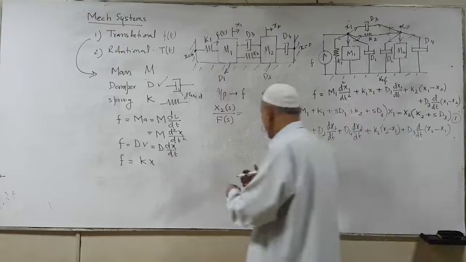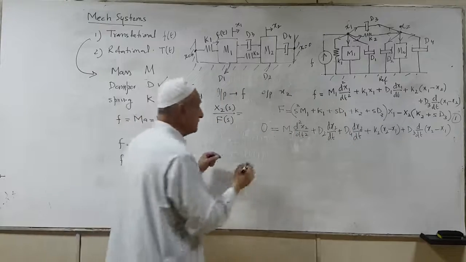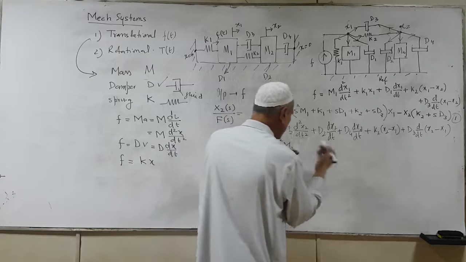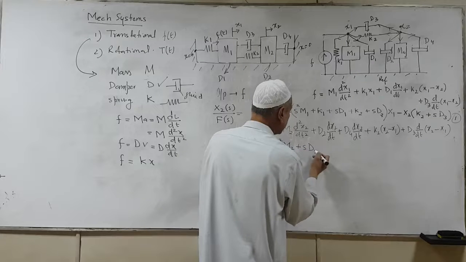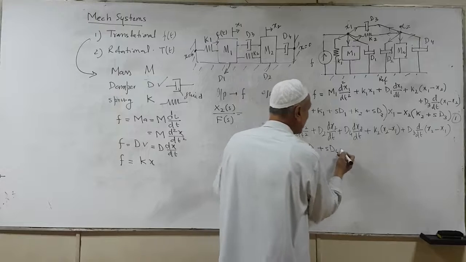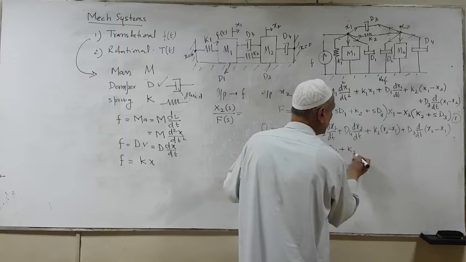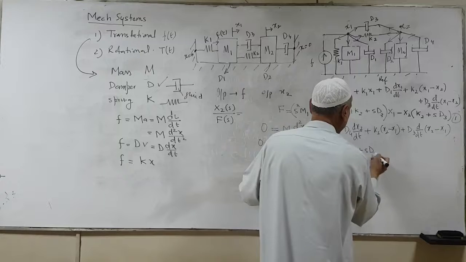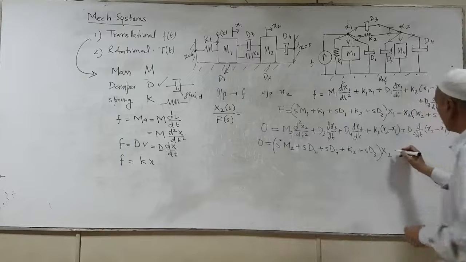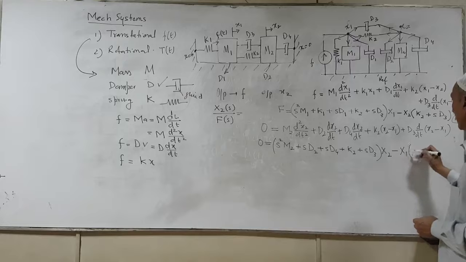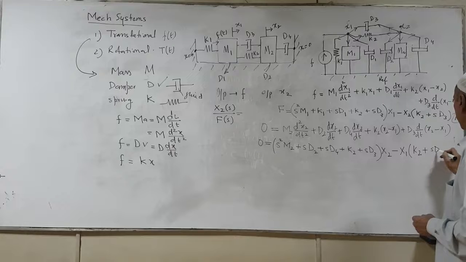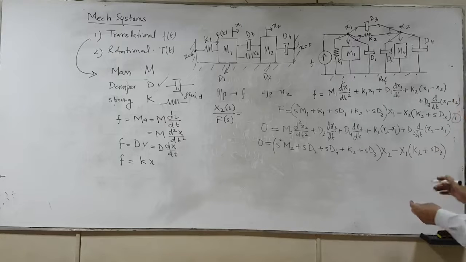Now you can convert that into the equivalent Laplace transform equation, which is 0, and then we have s square m2. Let's first of all likewise collect all the displacements, all the x2's on one side, s d4 plus k2 plus s d3. Now this forms x2 components. Now x1 components minus x1, likewise k2 plus s d3. So this is equation 2.